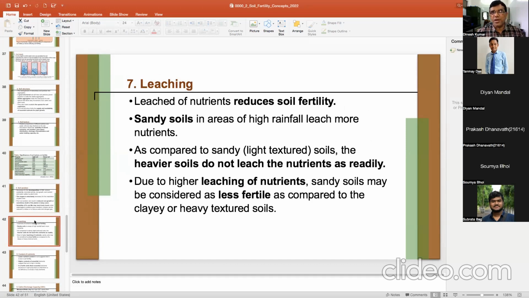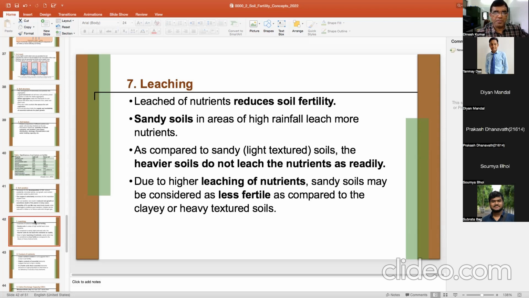And leaching: if you have more leaching of nutrients from the soil, that kind of soil may not be fertile compared to the soil where you have lower leaching under identical or comparable conditions. These kinds of points are considered only under comparable conditions. So normally, suppose you have two fields which are close, in proximity, and in one field, bigger in size, you have more leaching than the other field where you have less leaching. So definitely leaching will